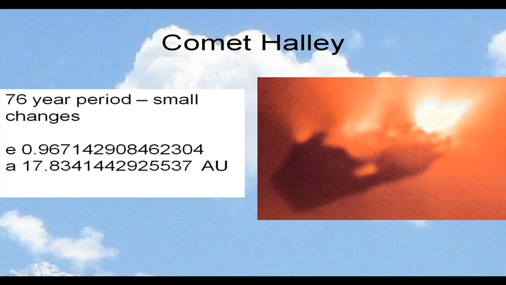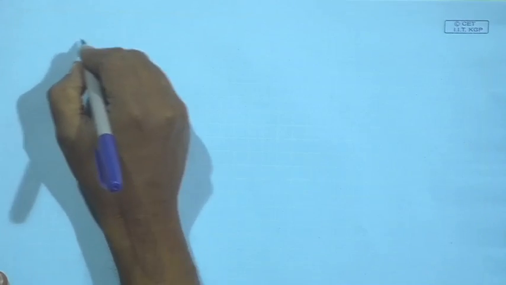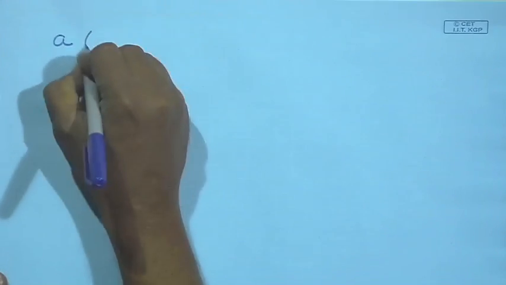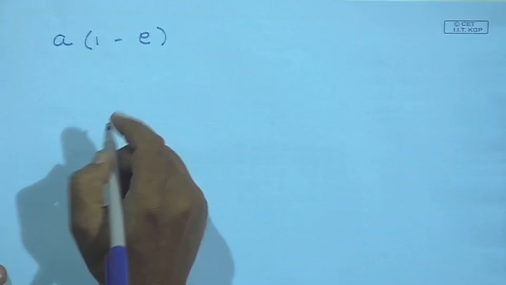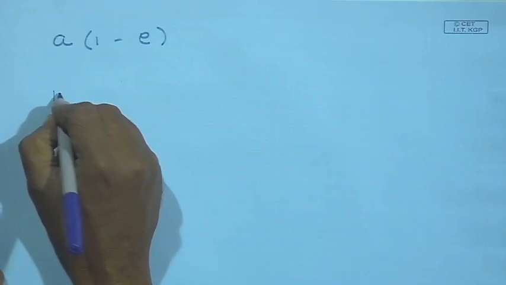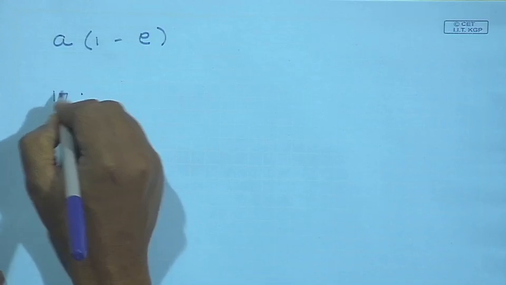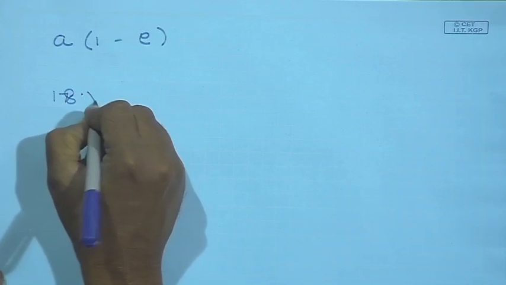Now, let us ask the question, what is the nearest distance that this comet approaches the sun? We know that the motion of the comets will also be governed by Kepler's laws, so it moves in an ellipse, and the distance of nearest approach is going to be the semi-major axis times 1 minus the eccentricity. So, it is roughly 18 AU times